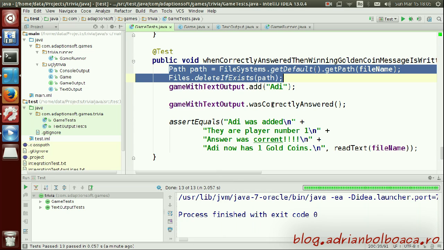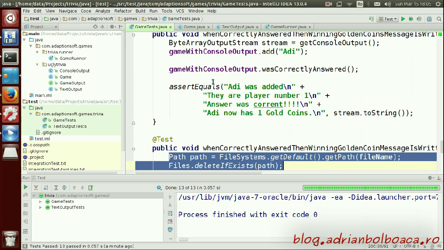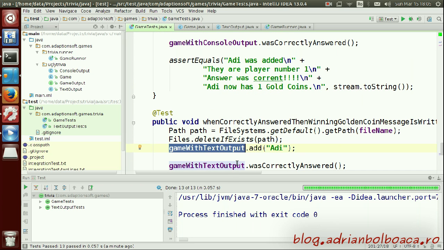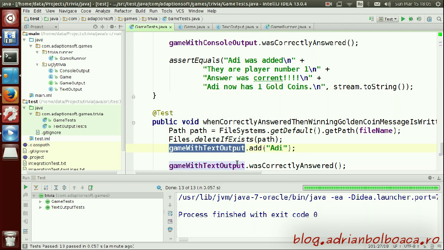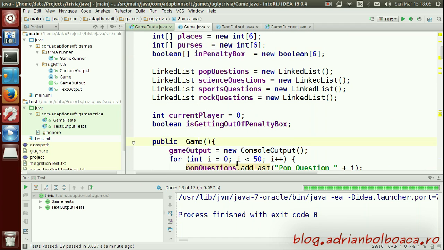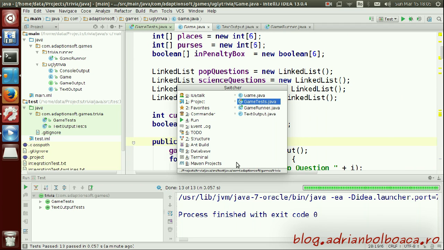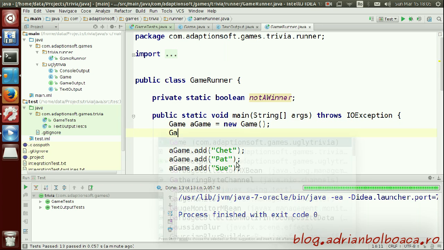Now what this is doing in fact is deleting the text file. I'll delete it because it's only one test that uses it and I don't mind, but now it's clear that I have two responsibilities in this test. I have one for testing with the game with console and one with the text output, so I will need to split that. But now I want to see how the game will work if instead of calling this simple game constructor, I will change all the clients to call directly the constructor